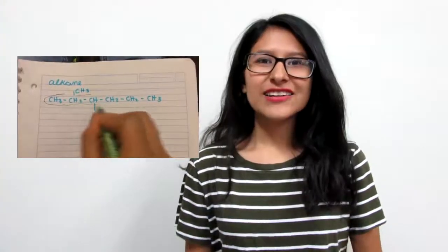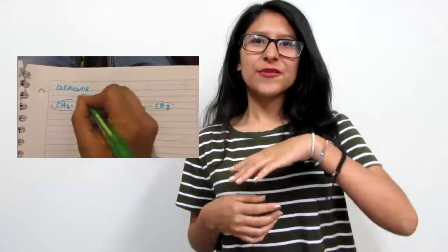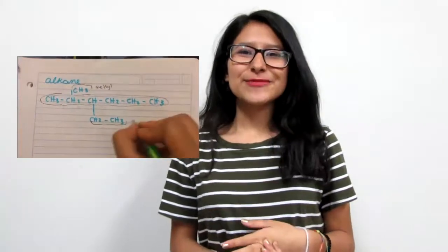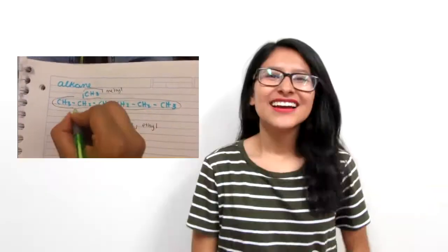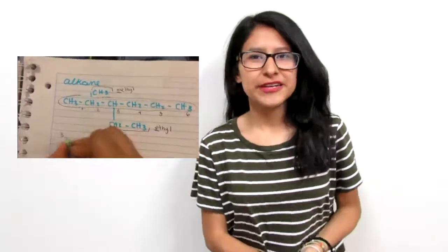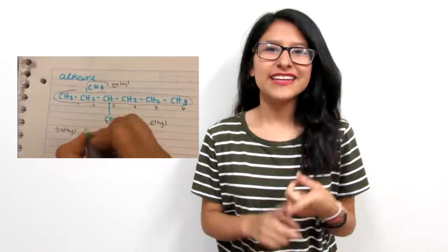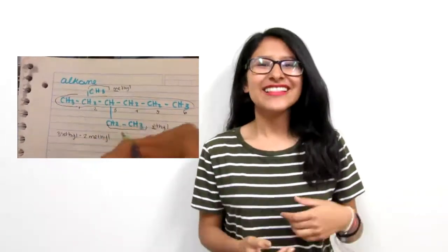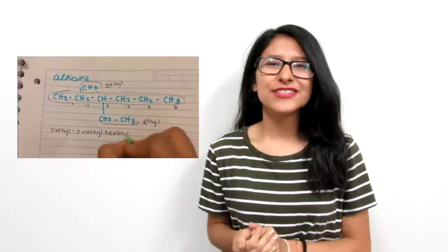A set of rules for naming alkanes according to the IUPAC system are: first, identify the carbon chain, or the parent chain. Then, number the carbon atoms, starting from the end closest to the substituent. Then, identify the substituent or the alkyl group. Name alkyl groups alphabetically, indicating the location with a number. And if the same alkyl group is repeated, use the prefixes di, tri, or tetra. Then at the end, name the parent chain, using the prefix plus ane. The last step is to separate numbers from numbers with commas, and then numbers from letters with hyphens.